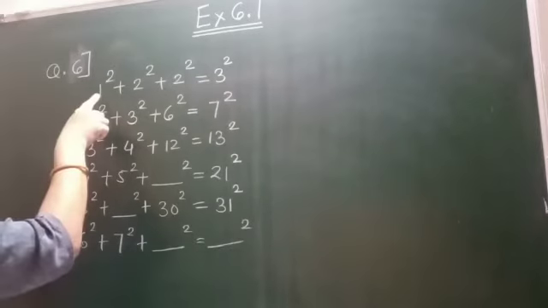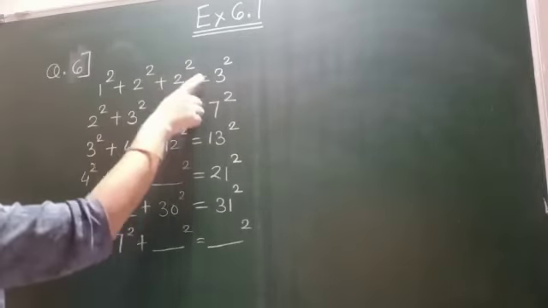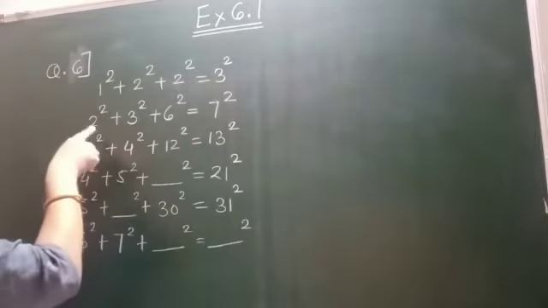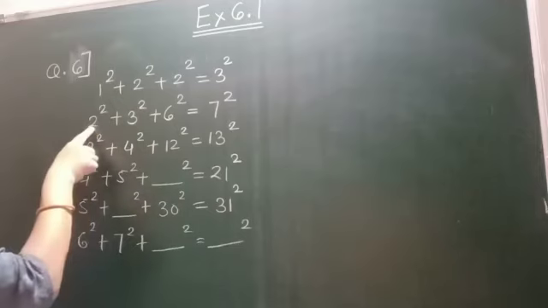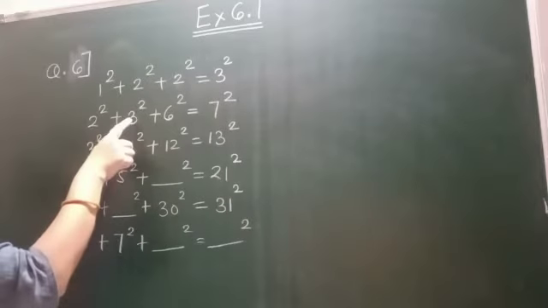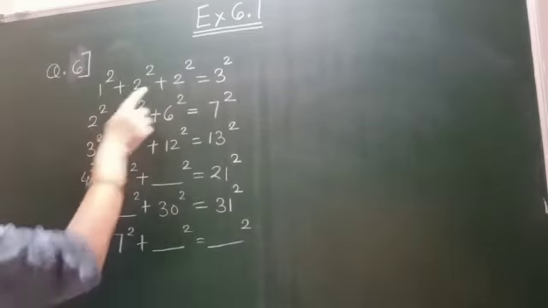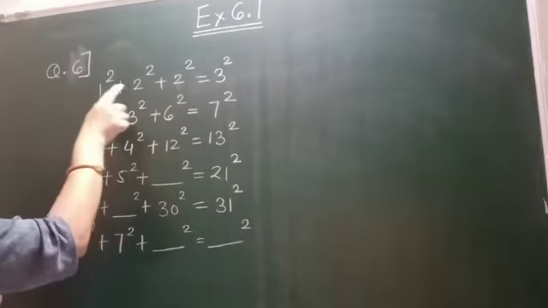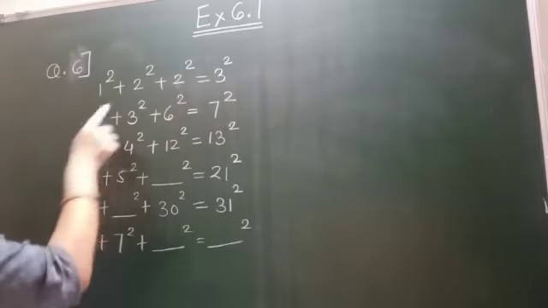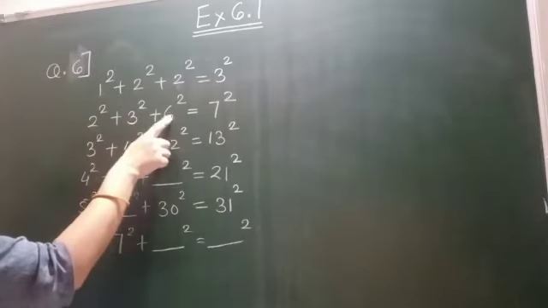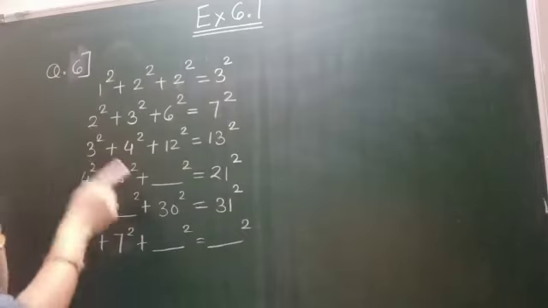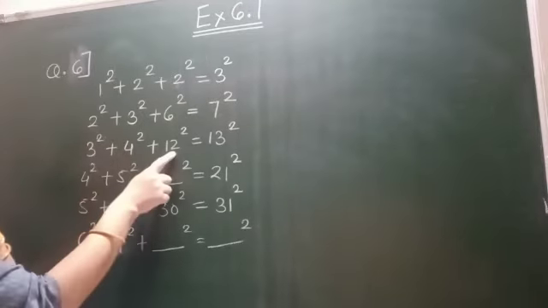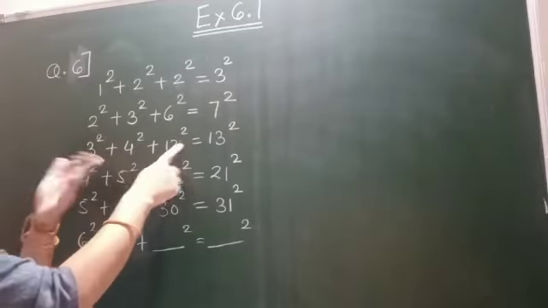As I am seeing here, 1 square plus 2 square plus 2 square equals 3 square. If 2 is coming here, then the next number 3 is coming here. In the next step, after 1 what is coming here? 2, and after 2 what is coming? 3. But what is the relationship between these? When we multiply 1 by 2, we get 2. Similarly, 2 threes are 6, and after 6 which number will come? 7. Same process: 3 square plus 4 square plus 3 fours are 12 square, and after 12 which number will come?